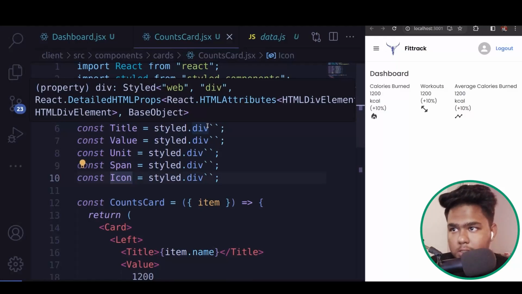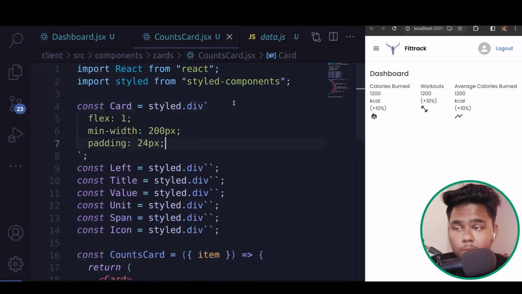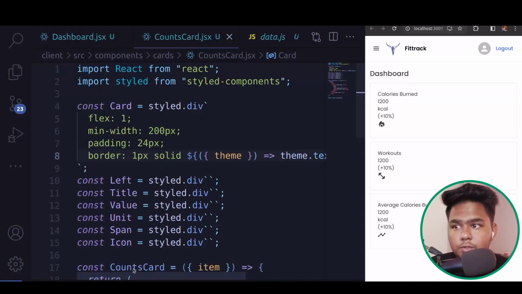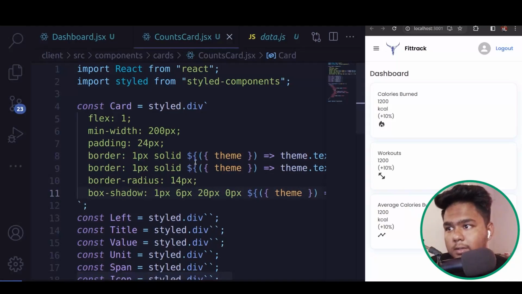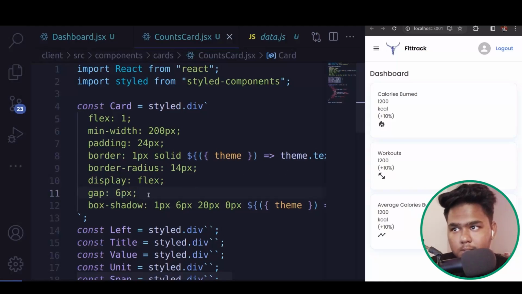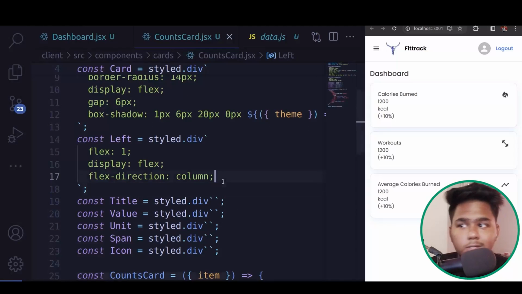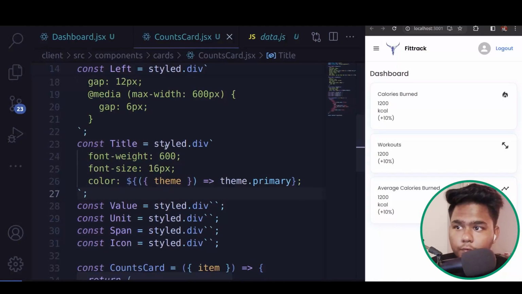So let us now get started with the styling part. In the card I will write flex 1, min-width 200 pixel, padding 24 pixel, and border 1 pixel solid, theme text primary plus 20, looking perfect. Then I will give border radius 14 pixel and box shadow of 16 pixel by 20 by 0 pixel, and the color would be theme.text secondary. Display would be flex, gap would be 6 pixel for the card, and then for the left it would be flex 1, display flex, direction column, gap would be 12 pixel, and media max width 600, gap would be 6 pixel. Title will have a font weight of 600, font size 16,